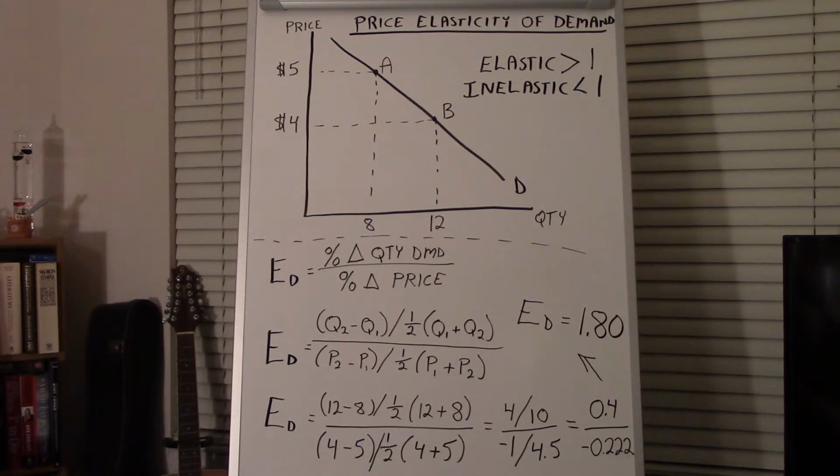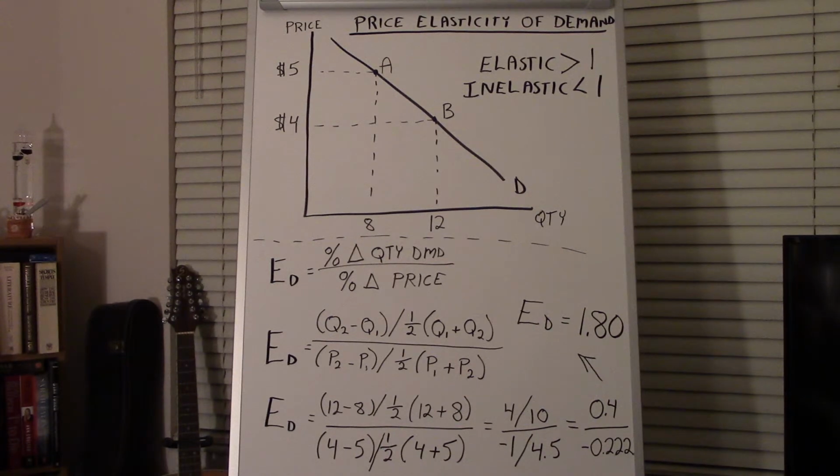And of course, if it's inelastic, the opposite is true. The price has less effect, or a nominal effect, or a minimal effect. In this case, 1.8 means it's elastic, meaning that the price change is really affecting the consumer, or is more affecting the consumer than another value. Okay, so what does that mean? Remember, if we are in the elastic part of the demand curve,